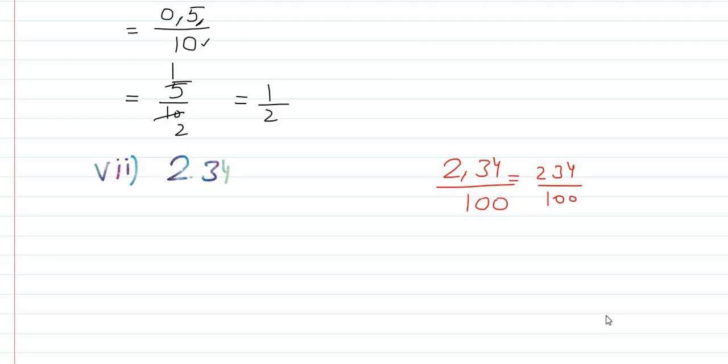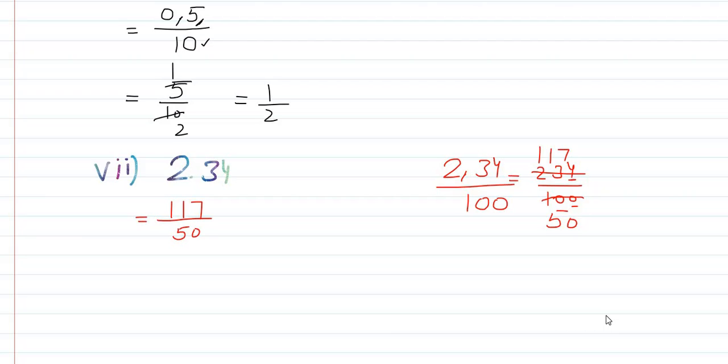Both can be cut on the table of 2 because 4 is an even number, 4 is divisible by 2 and 0 is also divisible by 2. So we cut it on the table of 2. 2 1s are 2, 2 1s are 2, 1 carry, 40 becomes 14, 2 7s are 14, 2 5s are 10, 0. Here we get the answer, that is 117 divided by 50.